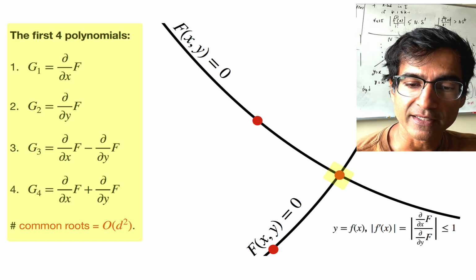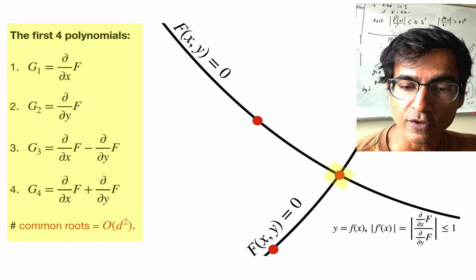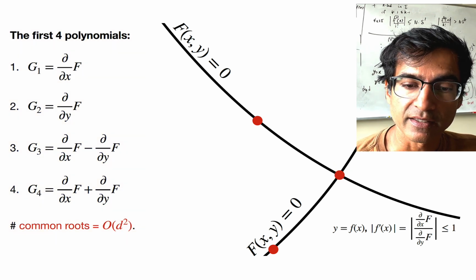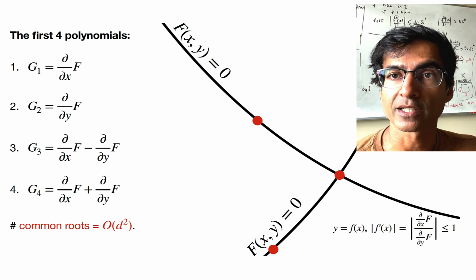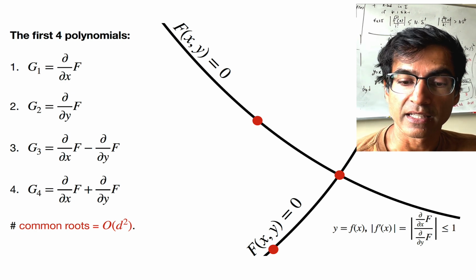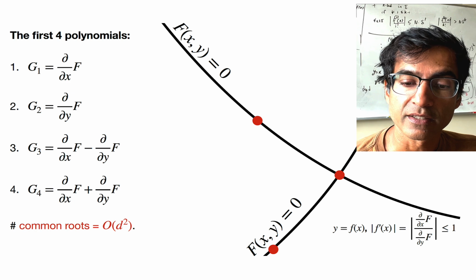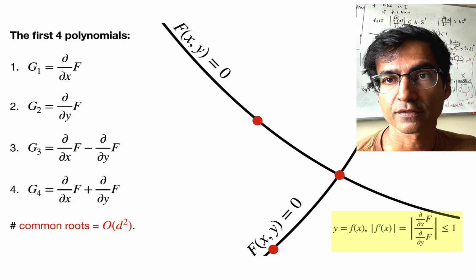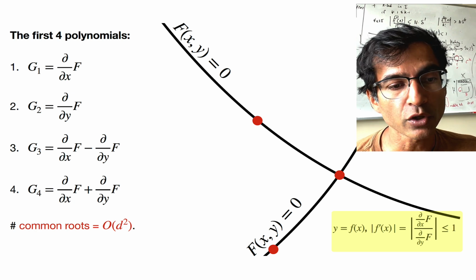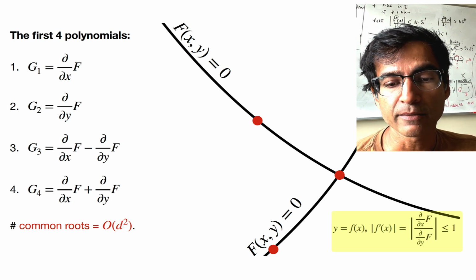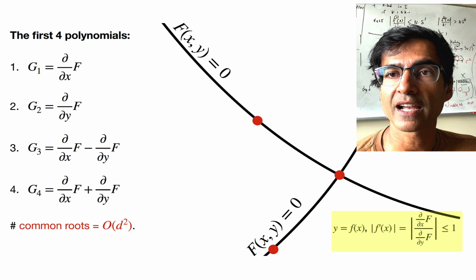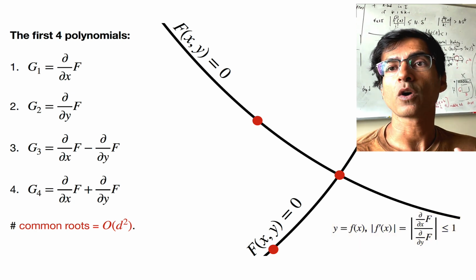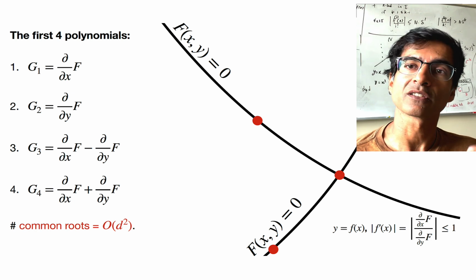But the other thing that we have is that you can apply the implicit function theorem to all the other points, and there we get that actually the set of zeros can be described by an equation like y equals f of x. And the derivative of little f is a ratio of the partial derivatives of the big F. And the choice of these g's ensures that in between two of these exceptional points, you must have that this ratio is either bigger than 1 throughout the entire set or